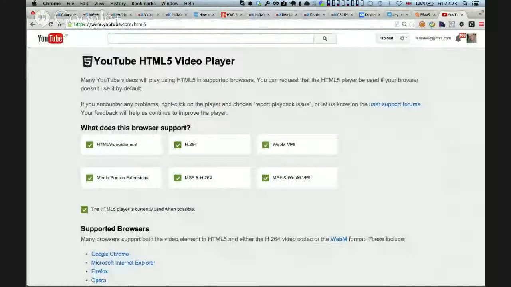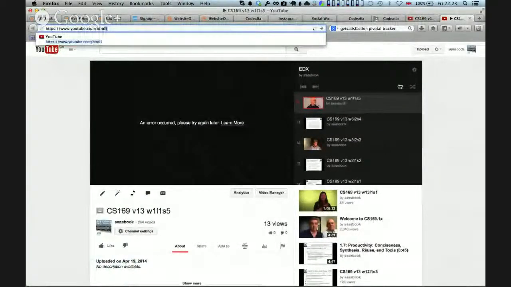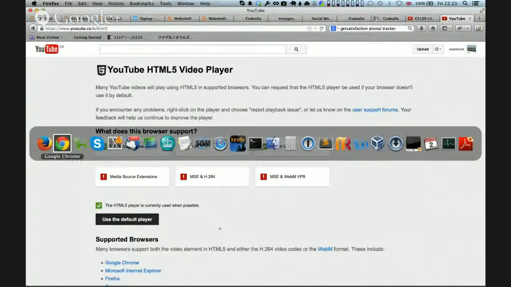So here I've got the HTML5 player. What have I done over here? It's not consistent. Yeah, that's both on the HTML5 player. It's not consistent. You know what I mean? It's difficult to